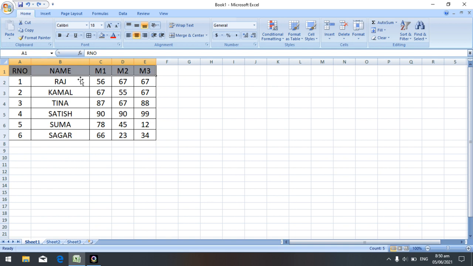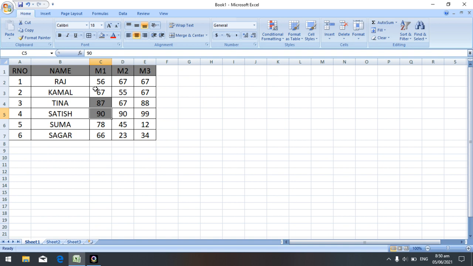So in this example, this column consists of marks 1, and if I want to identify such students who got more than 80 marks, those are here 87 and 90. If the database is small, then we can easily find those numbers and highlight them. So I can select 87 and apply any one color, same way 90. So these two numbers are greater than 80.